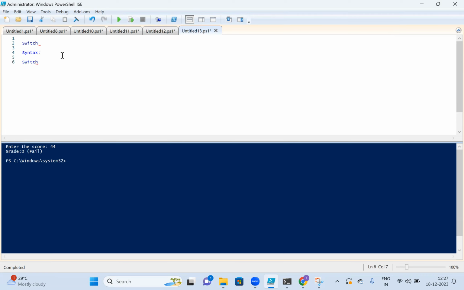Switch, expression or condition. Then open the bracket. Okay. Then under this bracket, we'll have values. Value 1,